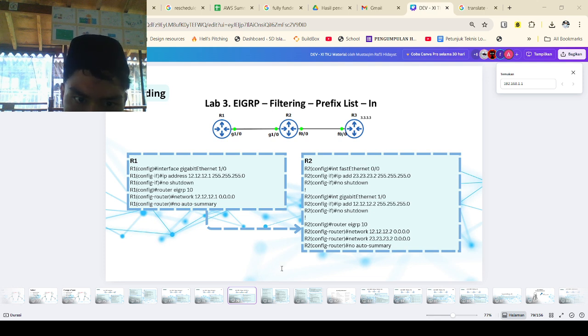So base IPs for EIGRP: R1 G1/0 is 12.12.12.1/24, EIGRP 10 advertises 12.12.12.0/24, and R2 F0/0 is 23.23.23.2/24, G1/0 is 12.12.12.2/24, EIGRP 10 advertises. R3 will add many loopbacks.